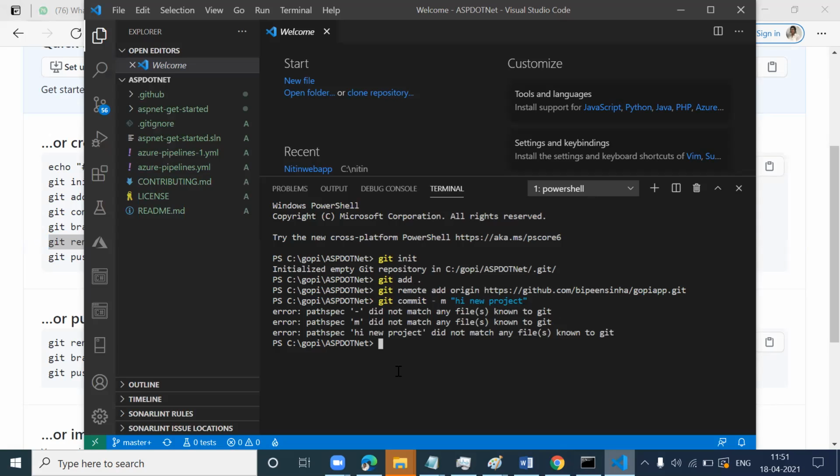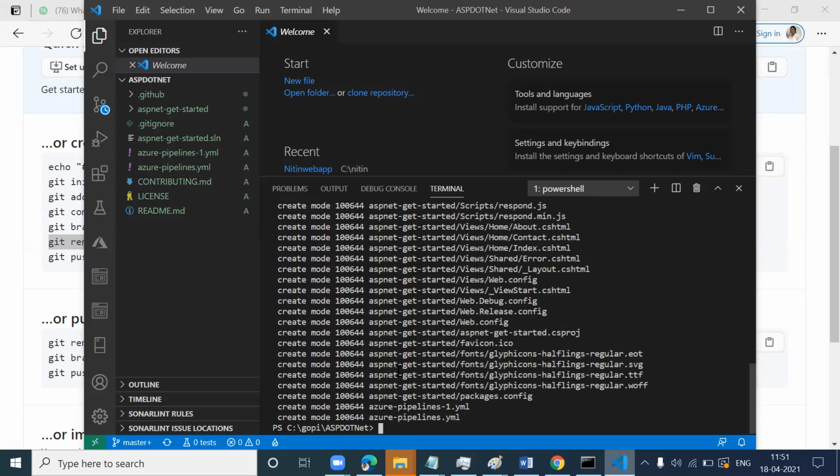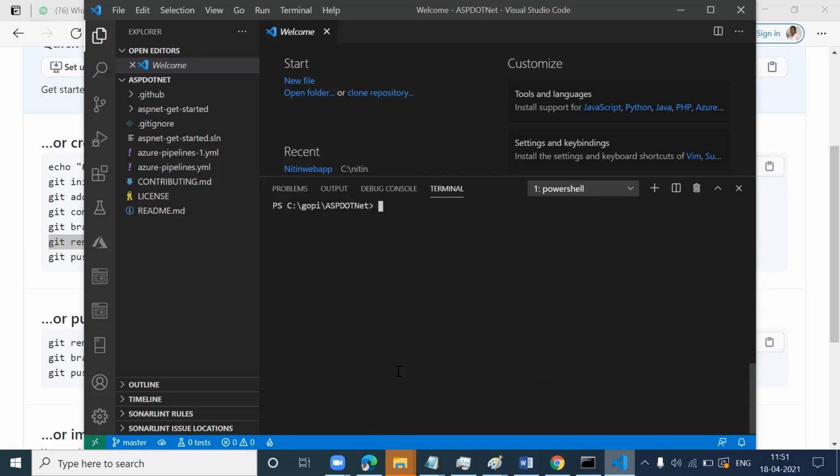All right, after -m you have to give a gap. Now just say cls to clear the screen and say git push --all. We have given double hyphen all. Push --all, right? Hit enter. You forgot, huh?